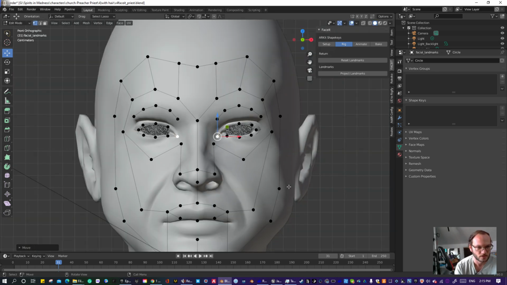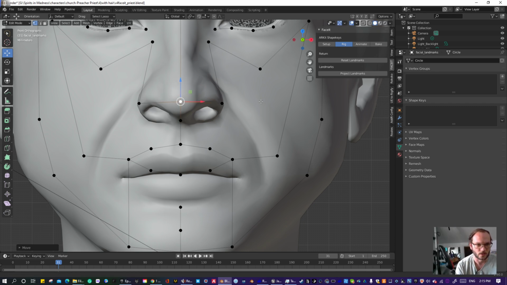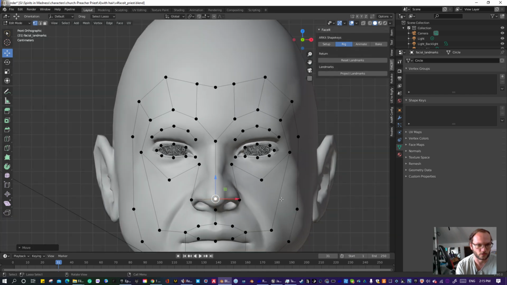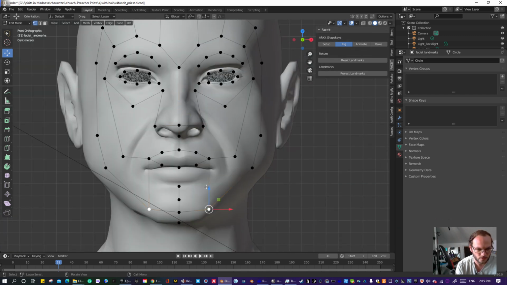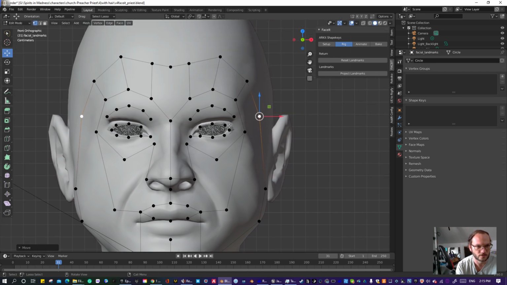pretty good. You want to stay in profile mode for this first part, and get these towards the corner of the nose. You want this point to be at the bottom of the nose, and this to be at the tip of the nose. And let's see, what else do we want? We want this to go down to almost the bottom of the chin, and we want these to go out to the edges of the face, and then almost the edges. You don't want it going onto the ear or anything like that, and then maybe to the hairline,